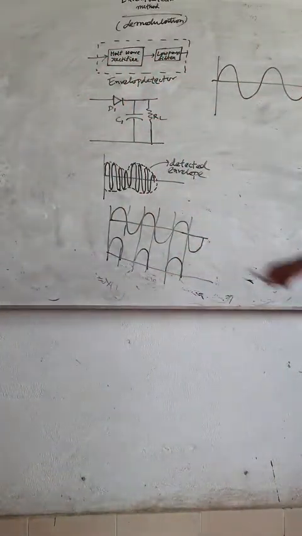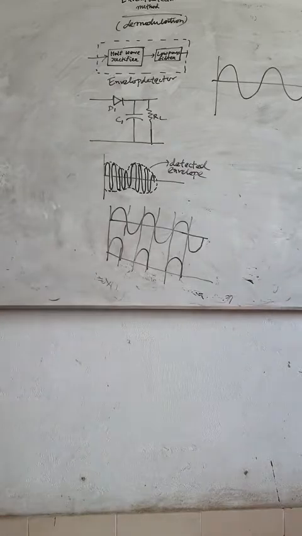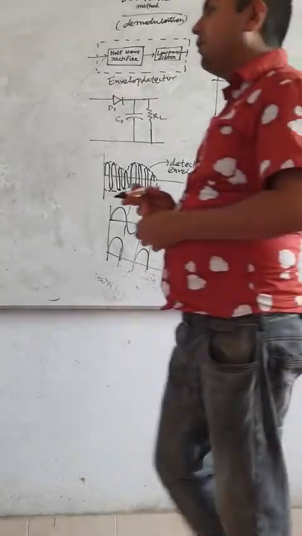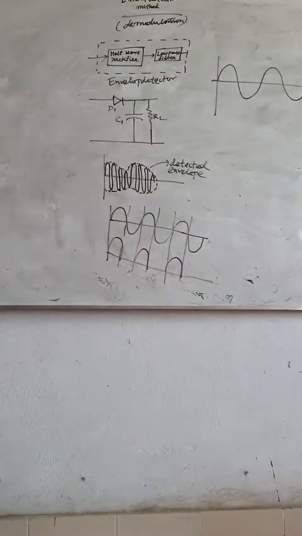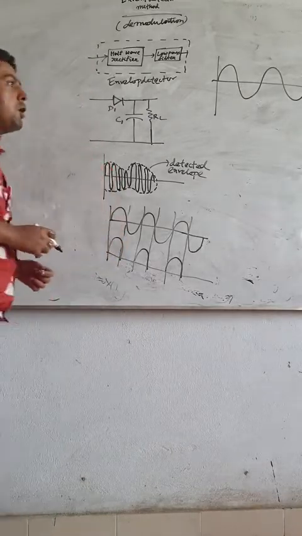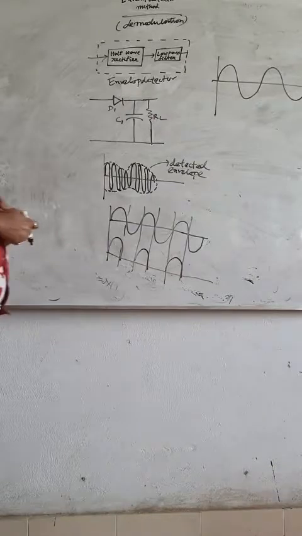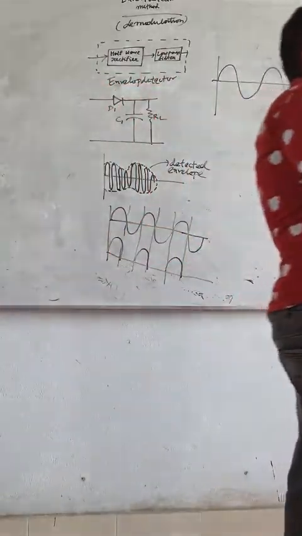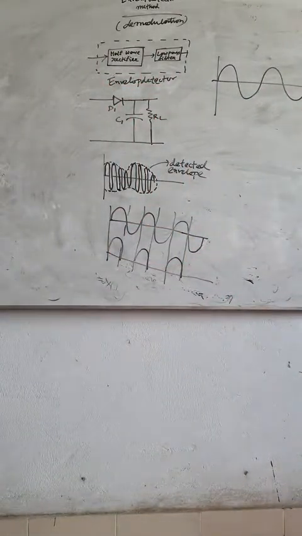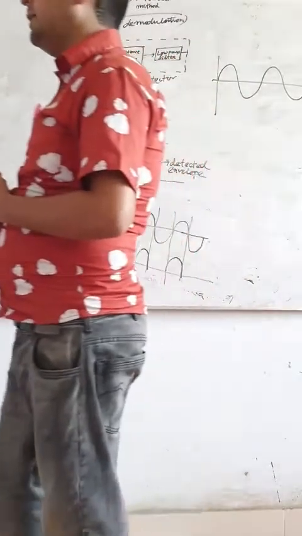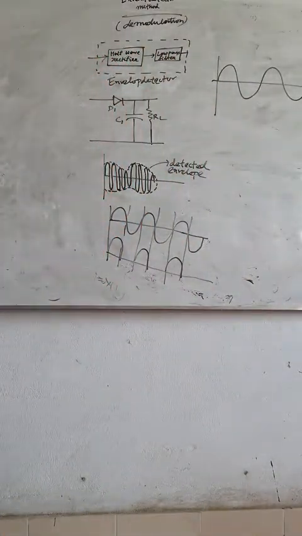This filter circuit is a capacitor. What will the capacitor do? It will remove the ripple from the half-wave rectifier output. The half-wave rectifier output contains ripple. That ripple deteriorates the output of the half-wave rectifier, so the deteriorated output will be smoothened and you will get a smooth DC signal.